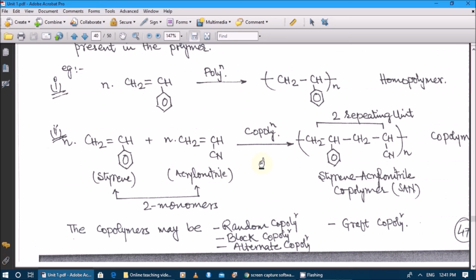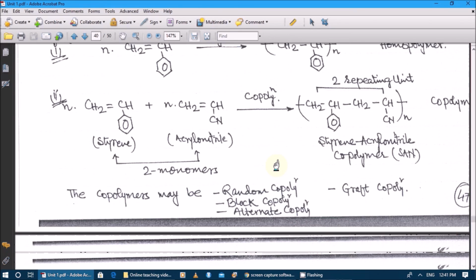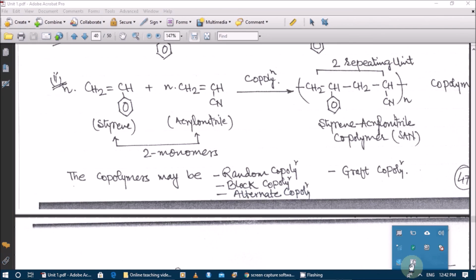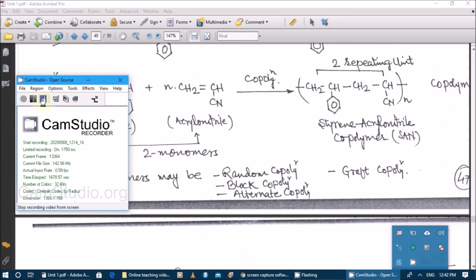So based on this definition, the copolymer can be divided as random copolymer, block copolymer, alternate copolymer and graft copolymer. Okay, so this is the end of the 12th lecture. We will continue the copolymers in the next lecture. Right. So I hope you have understood this and